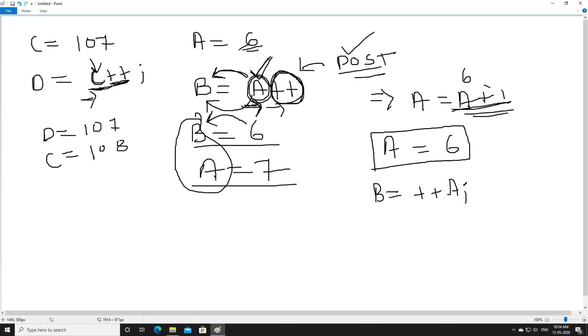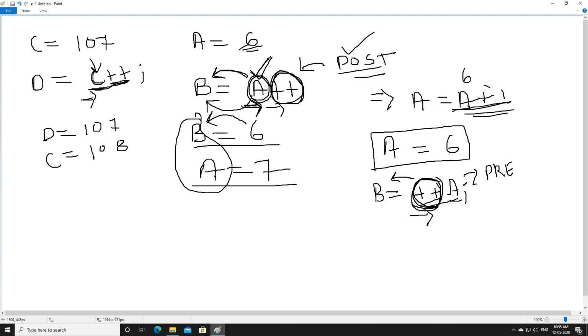Because first we are increasing the value, then we will use it. Pre-increment tells us that first you have to increase the value, then use it. When we move from left to right, the first thing we see here is the plus sign, right? And we cannot store a plus sign to b. Can we store it? No, we cannot. So because of the plus sign, we have to increase the value of a.